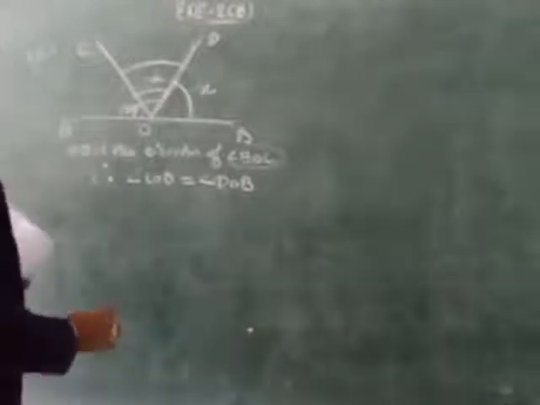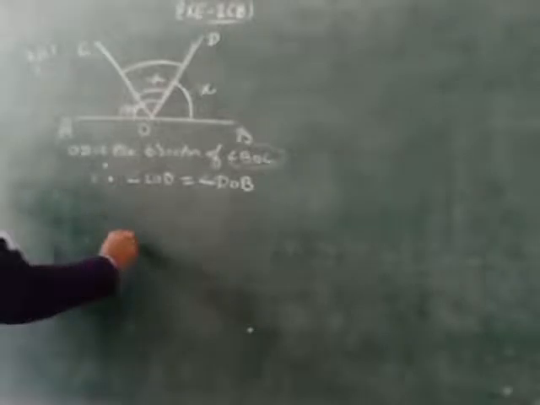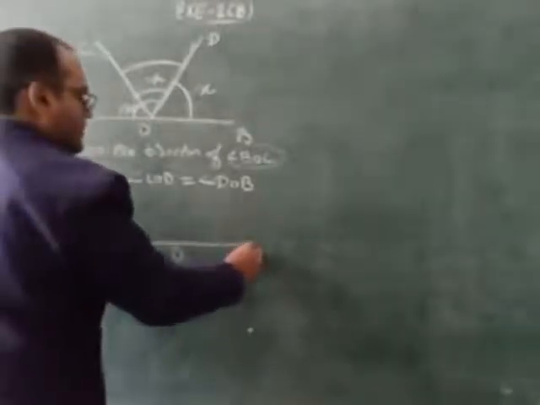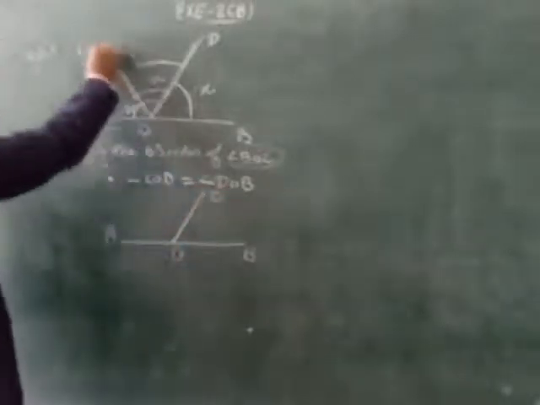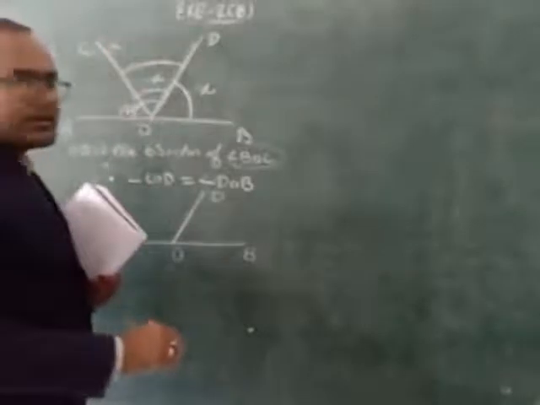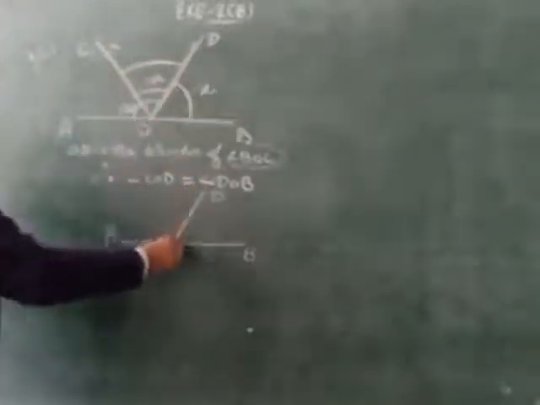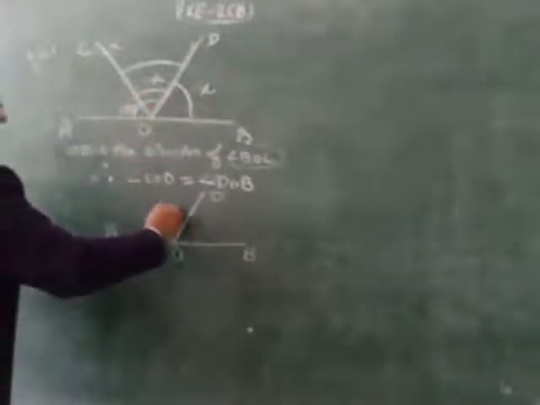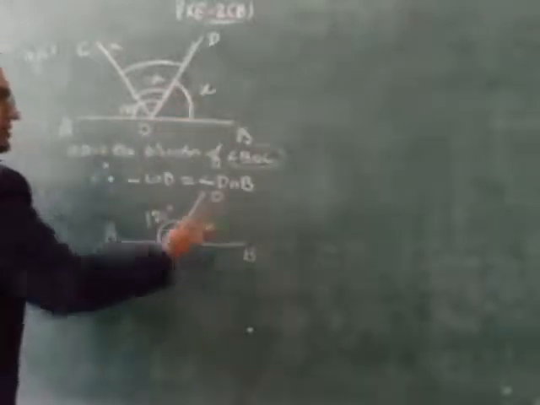Now in the next step we have to make one more figure, and figure is a little bit different. This line we will not draw. We will not take this line. OD, this line we are drawing here. This complete angle is 120 here. This angle is 120 degree. On the right side of OD it is x.